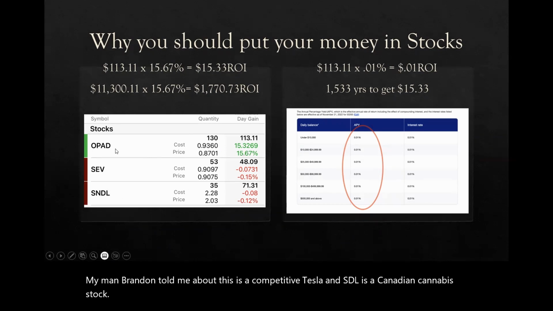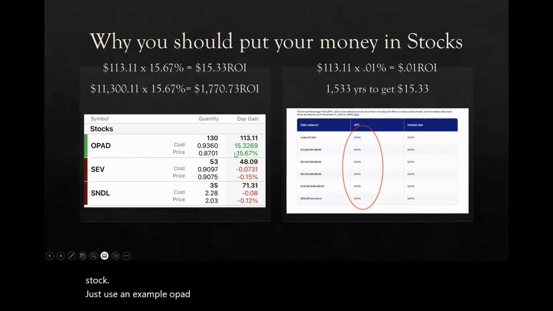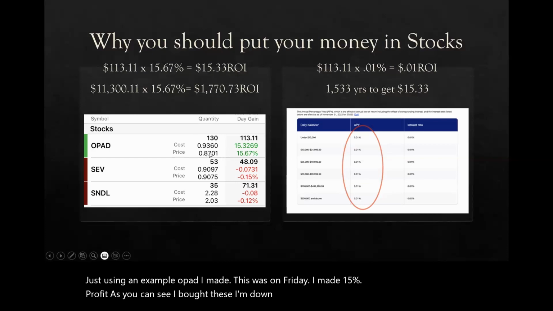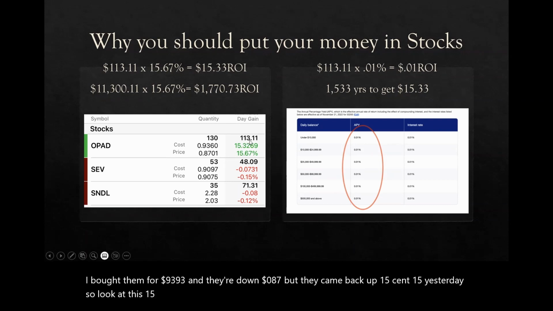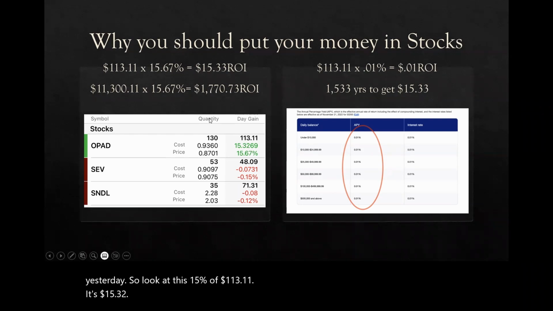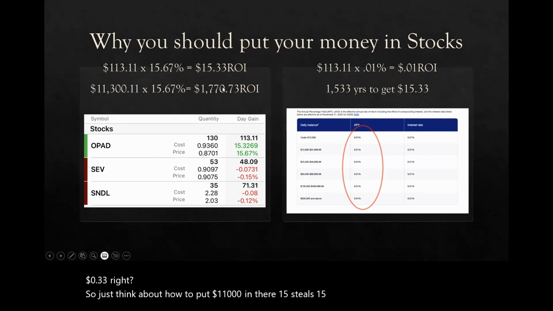Now, just using the example of OPAD, this was on Friday, I made 15% profit. As you can see, I bought these. Well, I'm down really, because I bought them for $93, and they're down 87 cents. But they came back up 15% yesterday. So look at this, 15% of $113.11 is $15.32 or 33 cents, right? So just think if I had put $11,000 in that, 15% still is 15%. That'd have been $1,770,